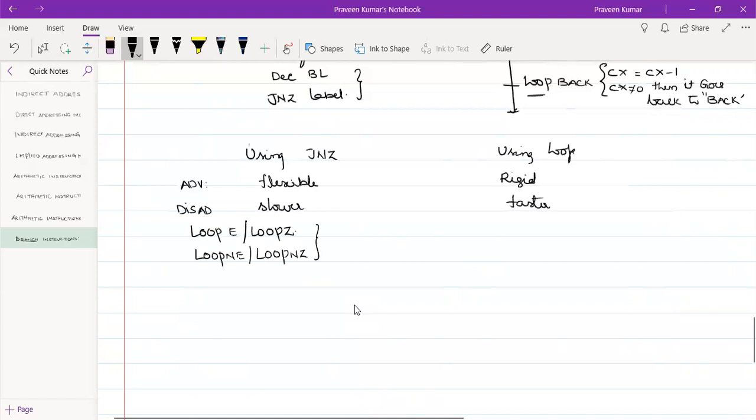These two statements are similar, but the only change is that loop if zero means ZF should be equal to 1, and loop if not zero means ZF should not be equal to 1, or ZF is equal to 0.